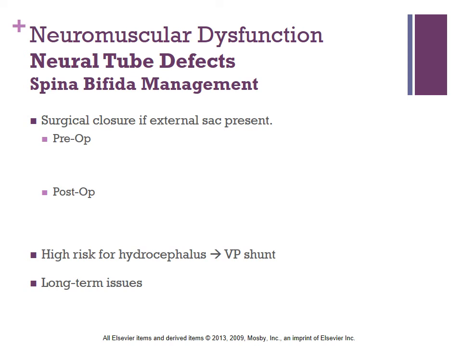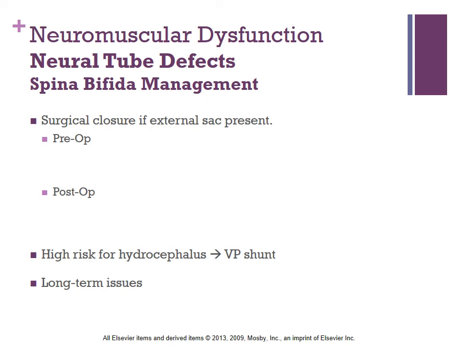For post-op, again, you're still going to keep them prone and you're going to keep the surgical site clean and dry. You want to make sure that they are urinating. If they aren't, then they may need catheterization, and they may do self-catheterization for the rest of their life. It just depends on what was affected. They're at high risk for hydrocephalus because the flow of CSF is so impacted. So you may see that they will have a VP shunt placed. Again, you could see a VA shunt, but VP shunt is the most common.